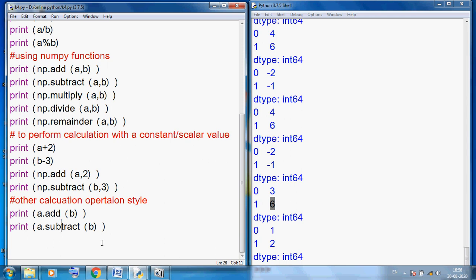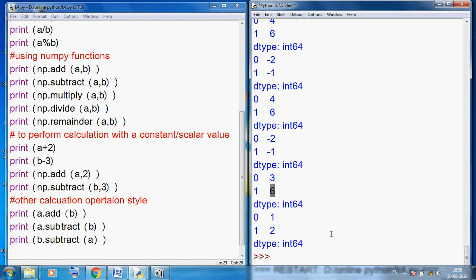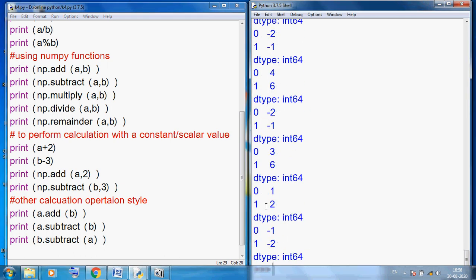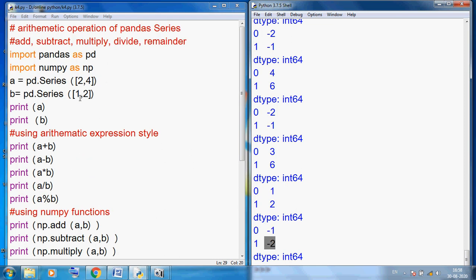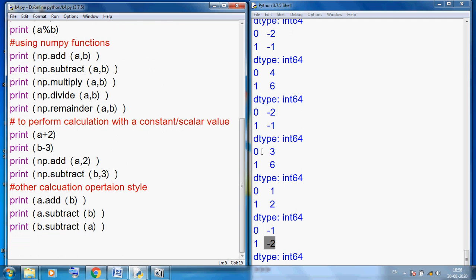We can also use, suppose, b dot subtract a, or b minus a. There is no problem. You can see the output is -1 and -2, because the values are 1 minus 2 and 2 minus 4.